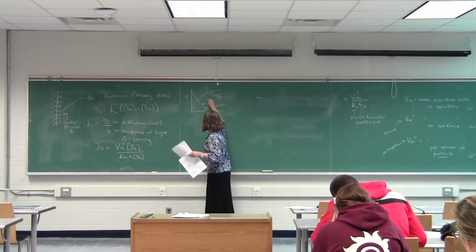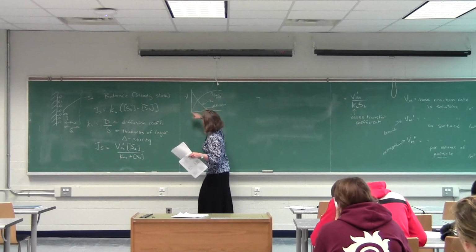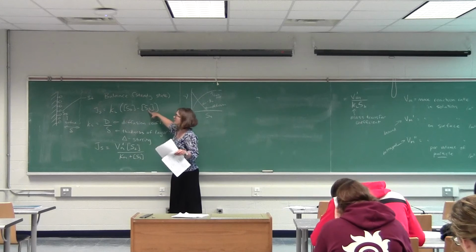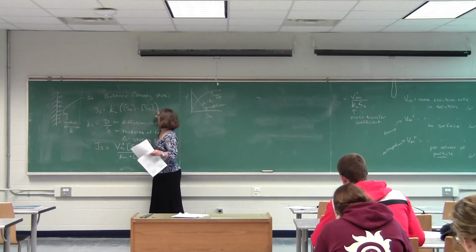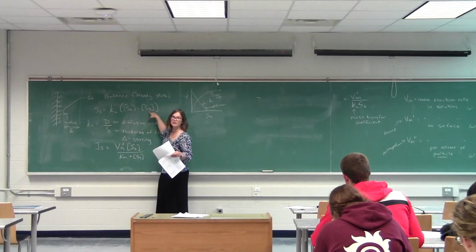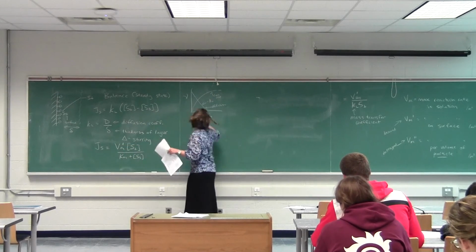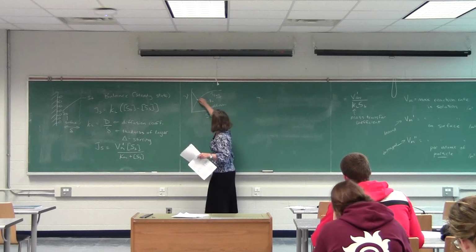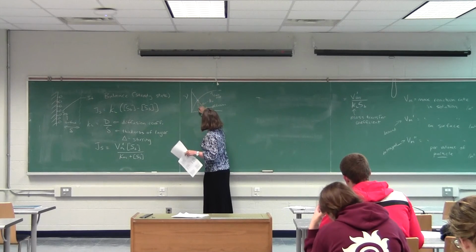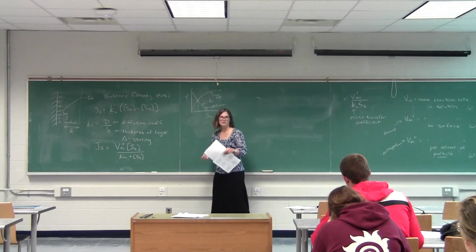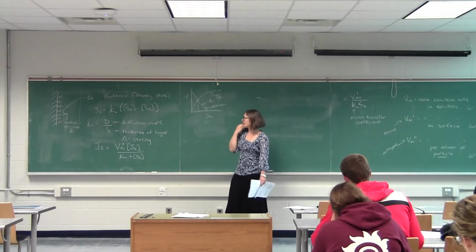The slope is going to be minus KL, right? We plot all of that versus S, the slope will be minus KL, versus plotting all of that against S, which gives us that curve like that. So graphically, you can solve that just by looking at it like that. So what happens